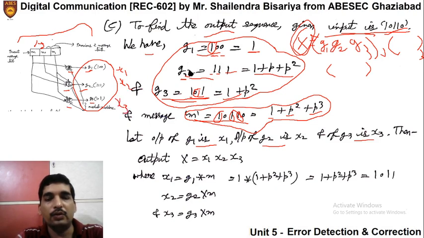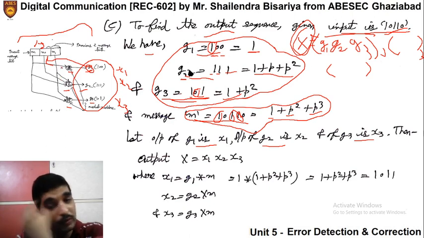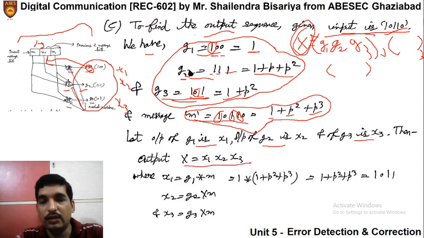Okay, so what will be the value of x1, x2, x3? That g1 is convolving with this data bit as per the sequence coming here. Similarly g2 and g3, so we will multiply the polynomial. Initially we say that x is equal to x1, x2, x3, where x1, x2, x3 will take on values as per the bits coming from the input side.